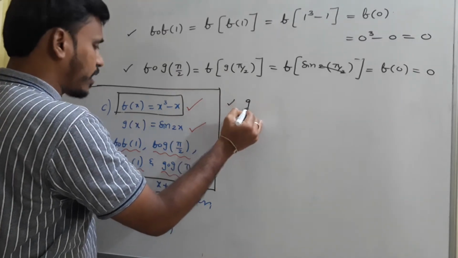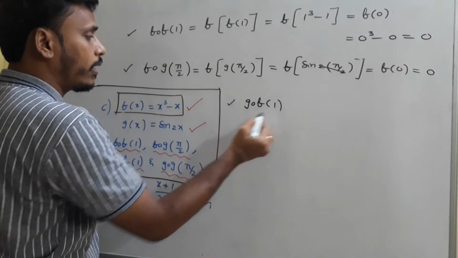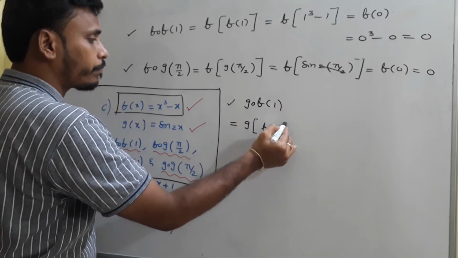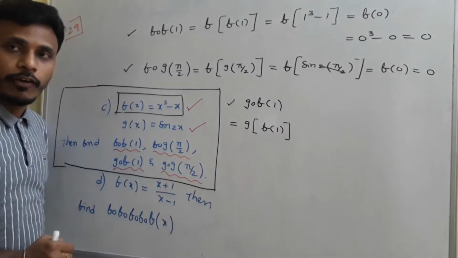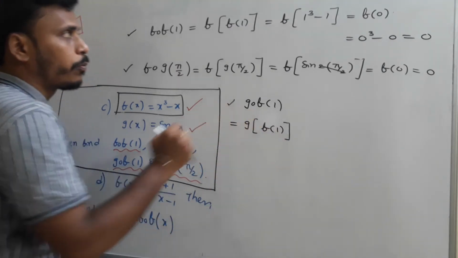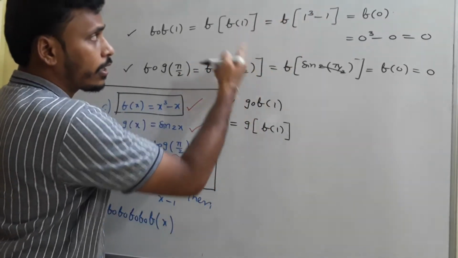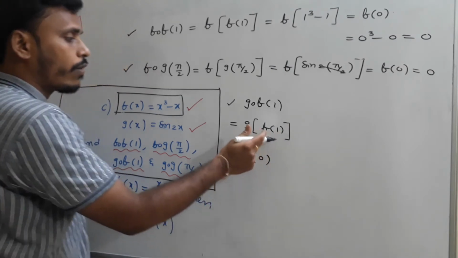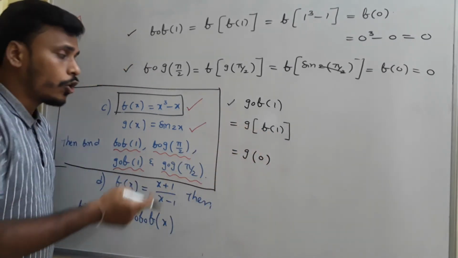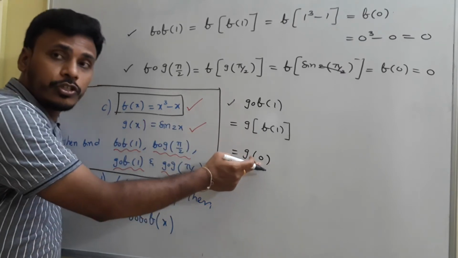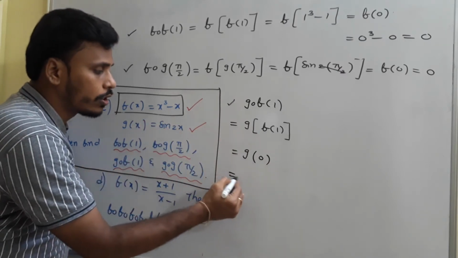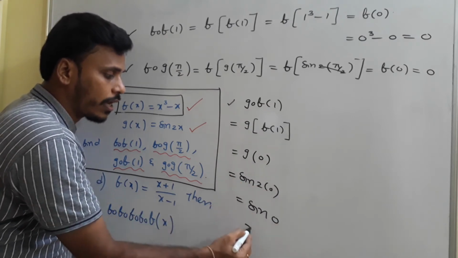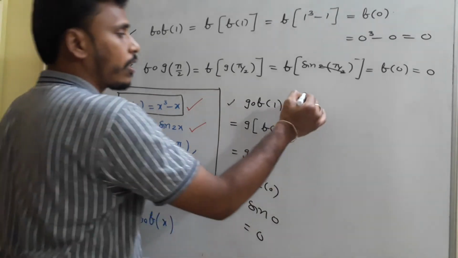And the next bit is g circle f of 1 we need to find. G circle f of 1 is equals to g of f of 1. Okay. First you need to calculate f of 1. That means use function f with the input 1. So what is f of 1? F of 1 already we found it as 0, right? So that is equals to g of 0. F of 1 value is 0. Okay. G of 0. So use function g with the input 0. So replace x with 0. Sine 2x is simply nothing but sine 2 into 0, which is sine 0. Sine 0 is 0. Okay. This is g circle f of 1.